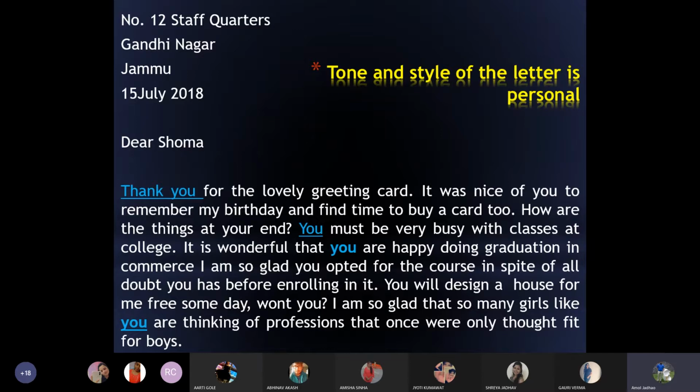If you don't stay in the same country as the person you are writing to, it is suggested that you write the name of the country that you are writing from. For example, if you are writing from Jammu to a person in Canada, you should write your detailed address there. The address of the person should not be given in the personal letter.